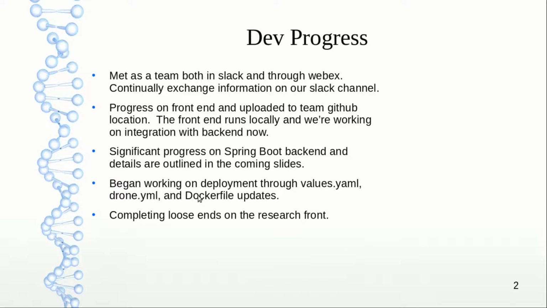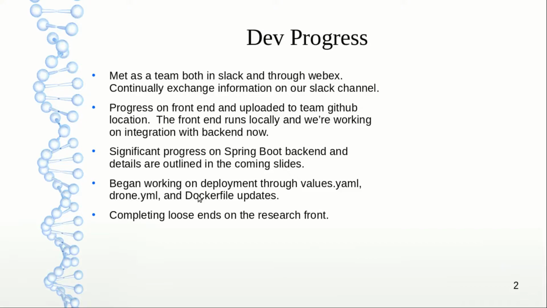So we'll jump in really quick. On the agenda, we're going to talk about our dev process, give you an update of the current things that we're doing moving forward, as well as an updated Gantt chart. And then we'll have a demo of the back-end part of our application. Then we'll jump into the front end in the next update, although we do have a front end